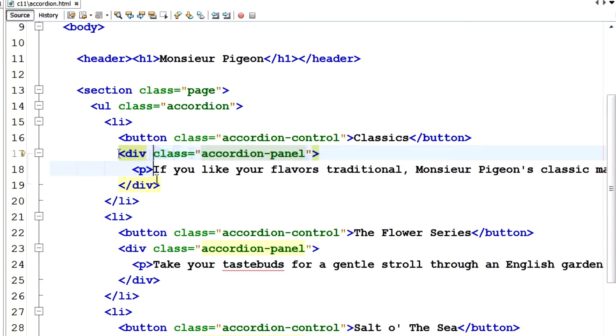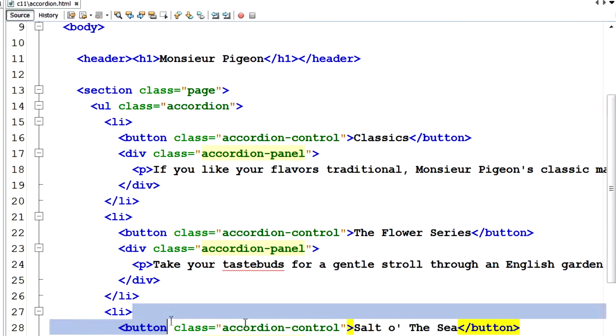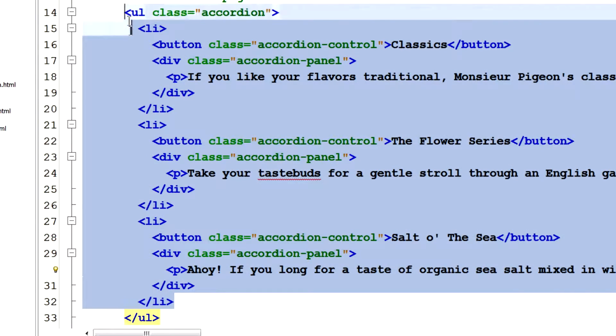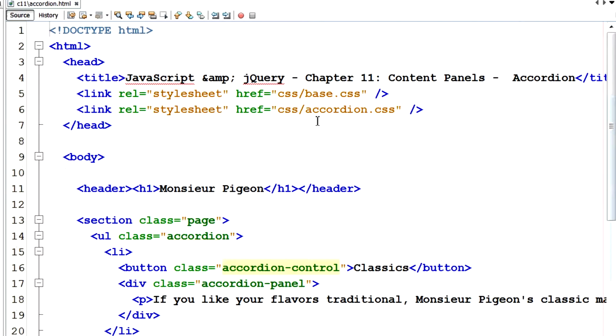And each of the divs are an accordion panel. The classes on the buttons are accordion control. So we set up our HTML this way, and the CSS rules will be in this file here, Accordion CSS. If we take a look at that,